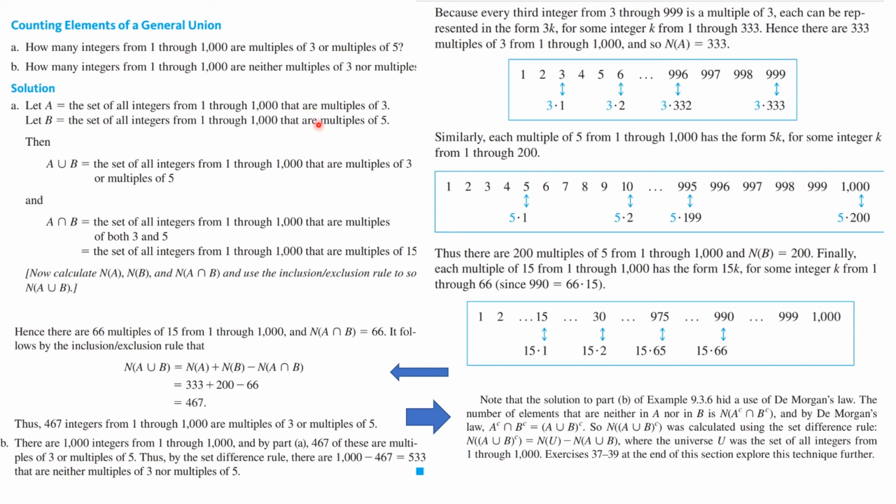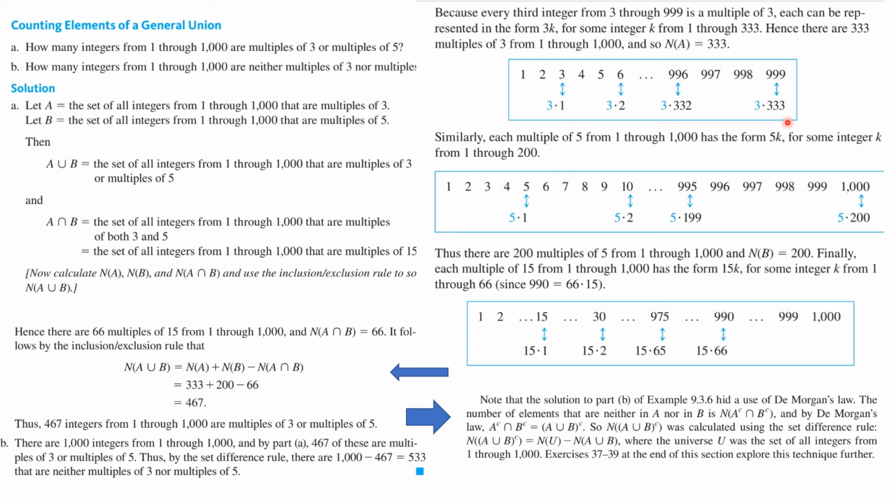Let's use this in a couple of examples. Here we're counting the elements of a general union. How many integers from 1 to 1,000 are multiples of 3 or multiples of 5? Well, let's talk about that. If we look at the multiples of 3, we get 3 times 1, 3 times 2, 3 times 3, and so on. So you see that what that tells us is that we had